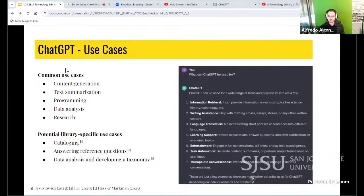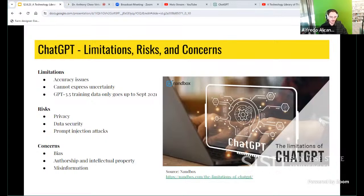So yeah, it's easy to focus on these fascinating and positive aspects of ChatGPT, but there are significant limitations, risks, and concerns associated with it. And it's really important for any responsible user of ChatGPT to be aware of these. I won't be able to cover all of them right now, but I will give you a brief overview of some of the limitations. So one of the major limitations is